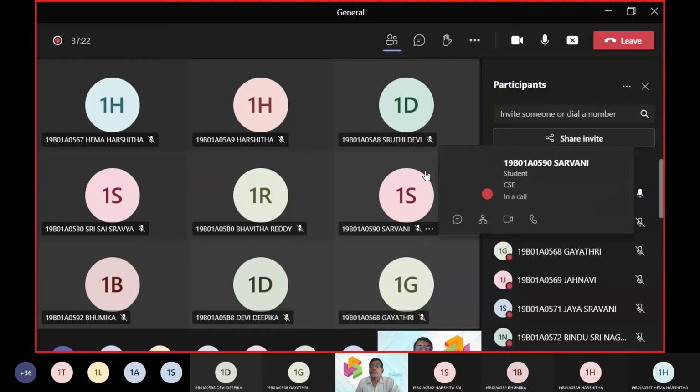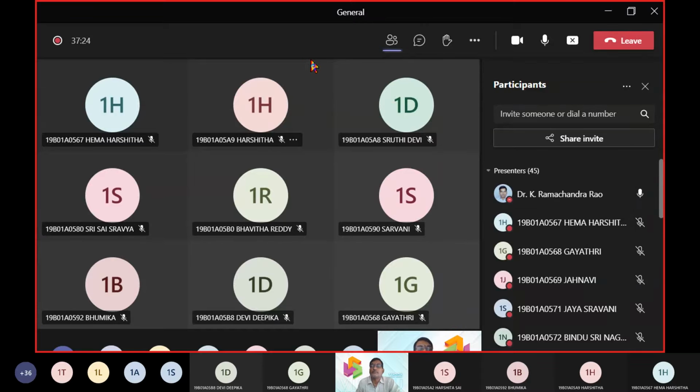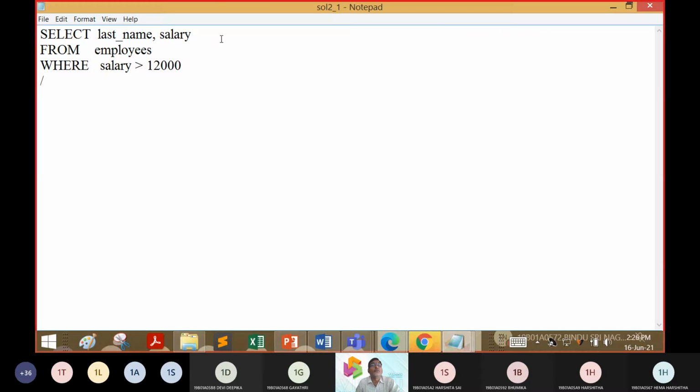Okay. 571. Yes, sir. Are you able to see the query here? Yes, sir. What will be the answer if this query is going to get executed?